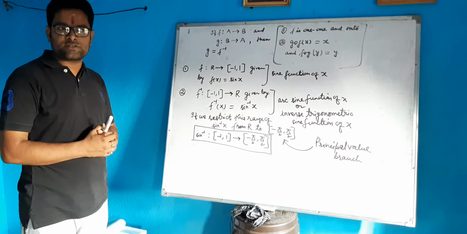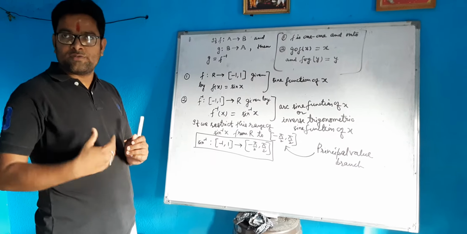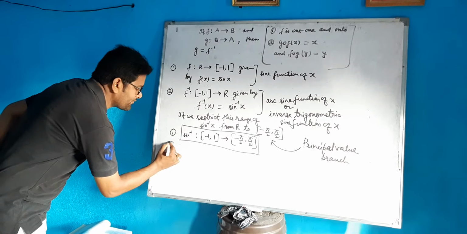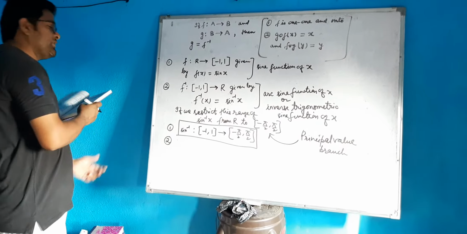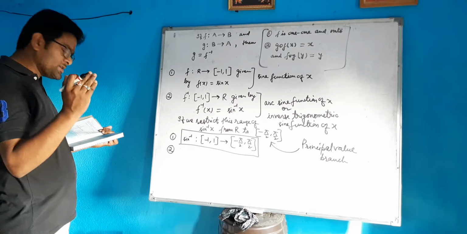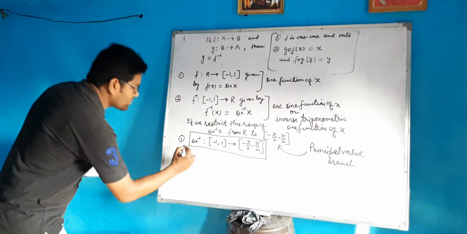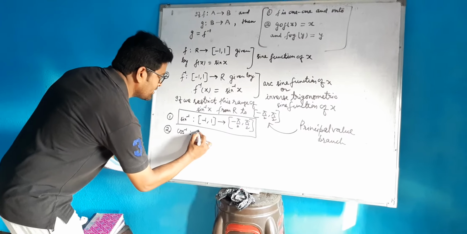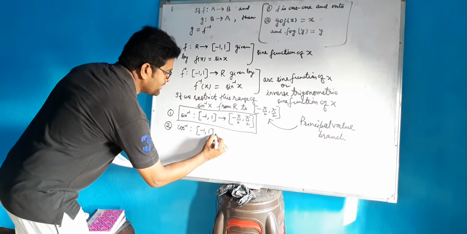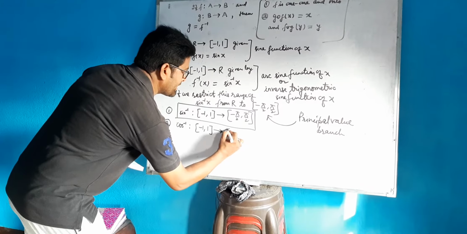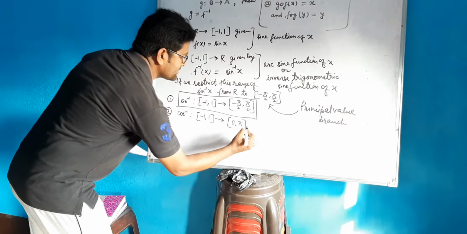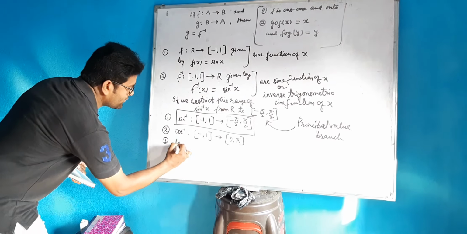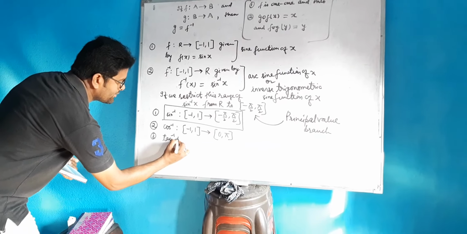We have 6 trigonometric functions, so we will have 6 standard inverse trigonometric functions also. After sine, it is given in the NCERT book also, before exercise 2.1. Cos inverse we can write in this way. Cos inverse is a function from minus 1 to 1 to 0 to pi as a closed interval.